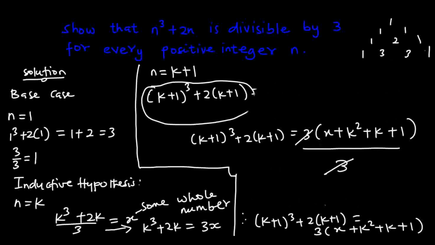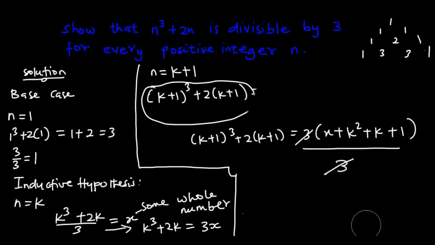Therefore it is divisible by 3. When you divide the expression on top by 3, we get x plus k squared plus k plus 1. Since this x here is some whole number, we see that